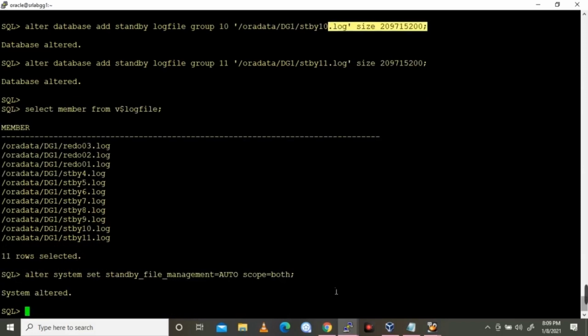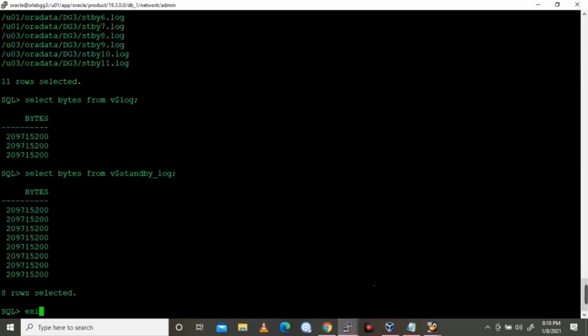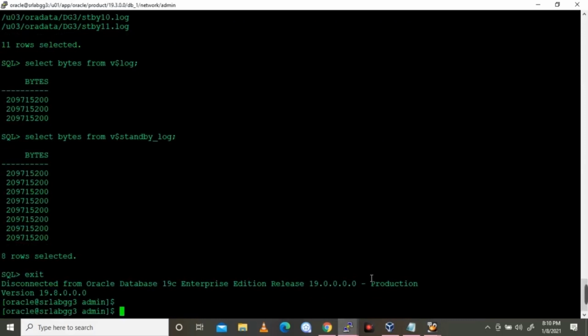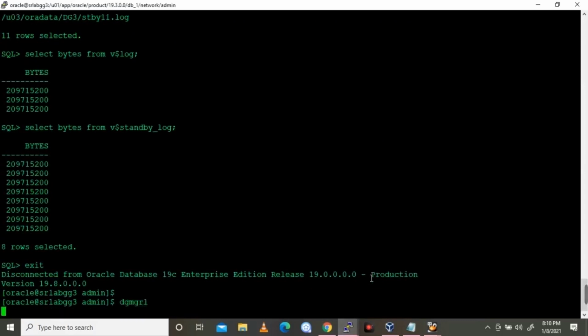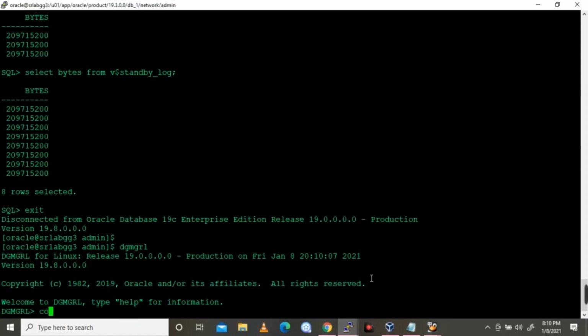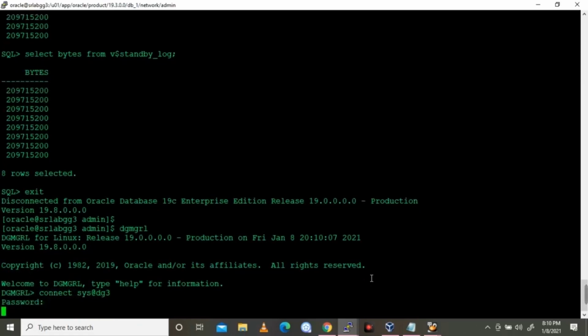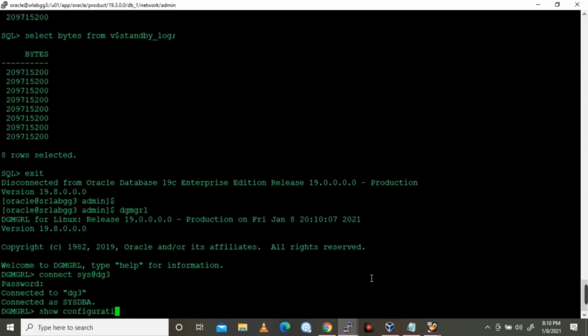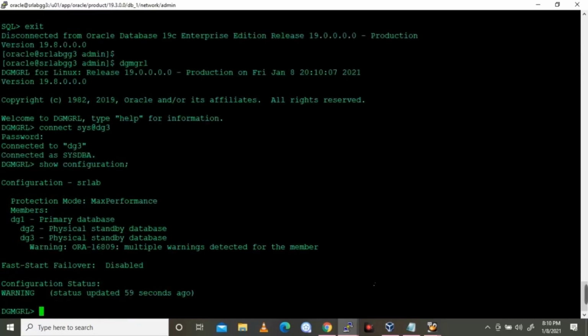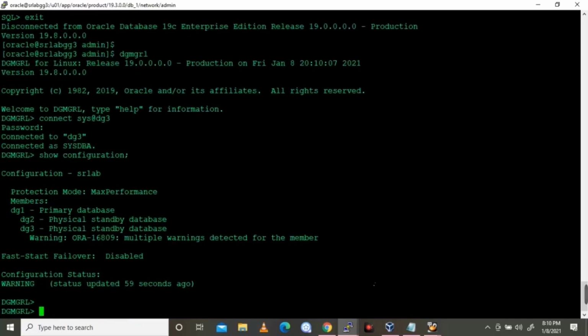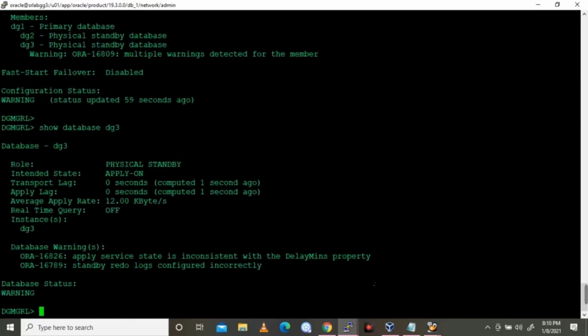Now coming to the second standby. Let's connect to the data broker. So again we are seeing the same error.